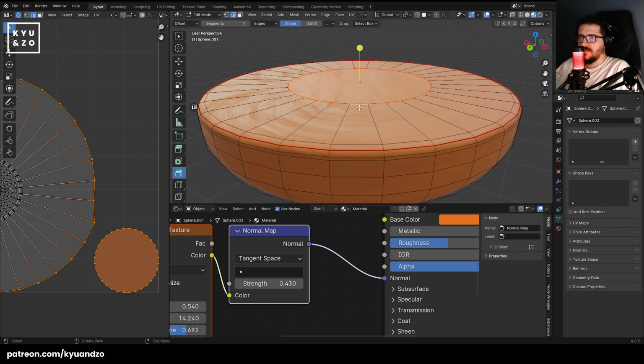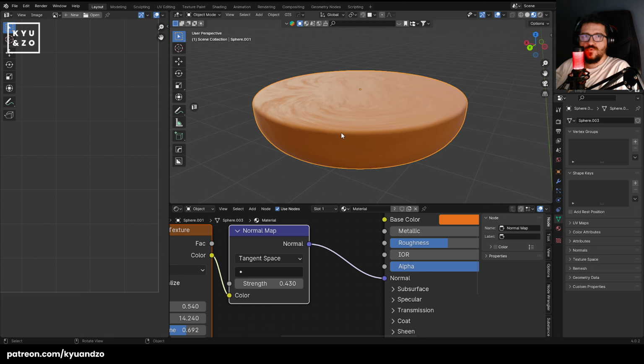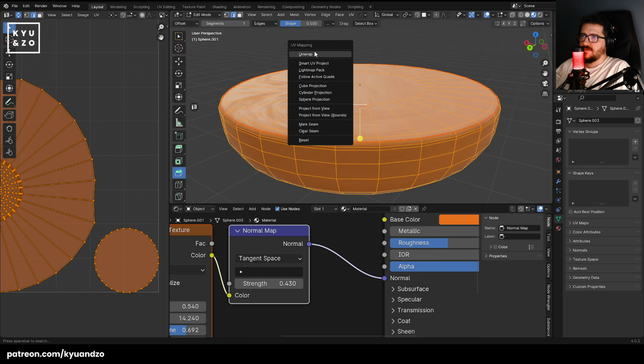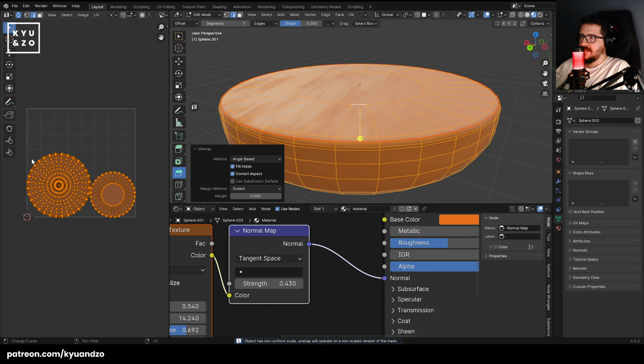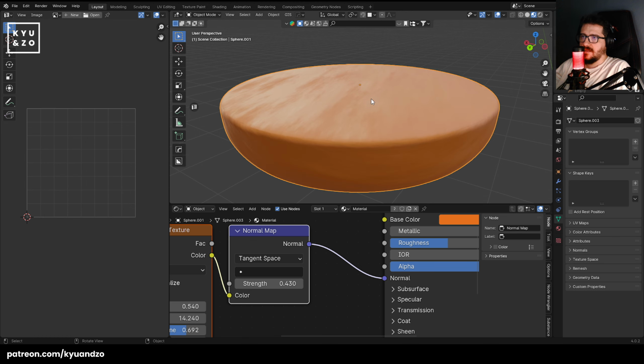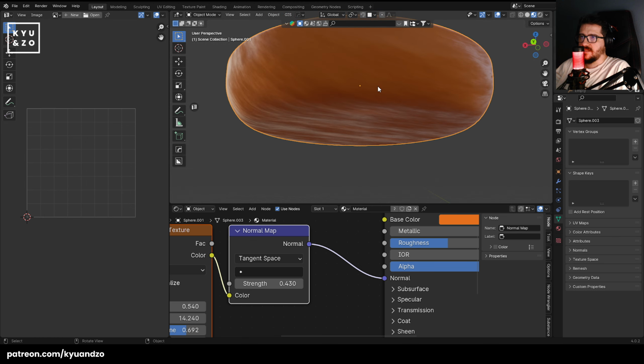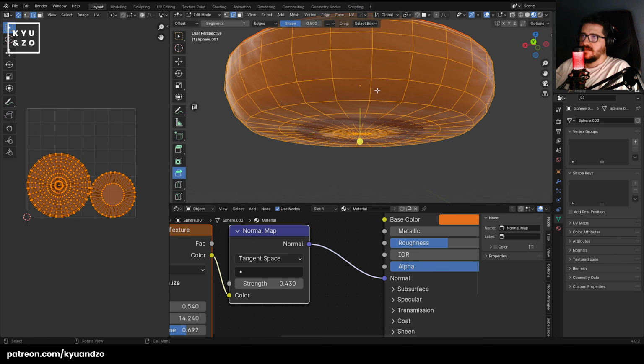Now mark seam. We can clear seam here. I don't want to cut it here. So unwrap it. Look at this. That's how it's supposed to look. It's looking fine. Look at this. Now we can play with